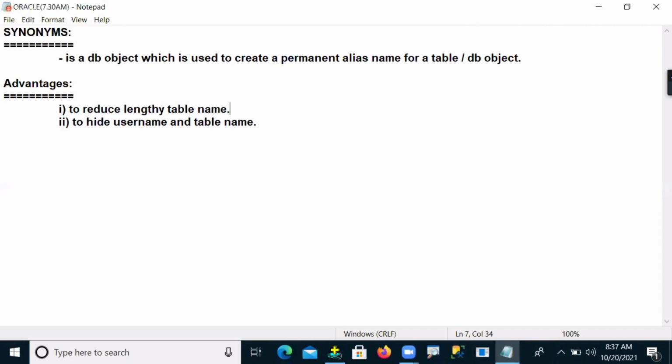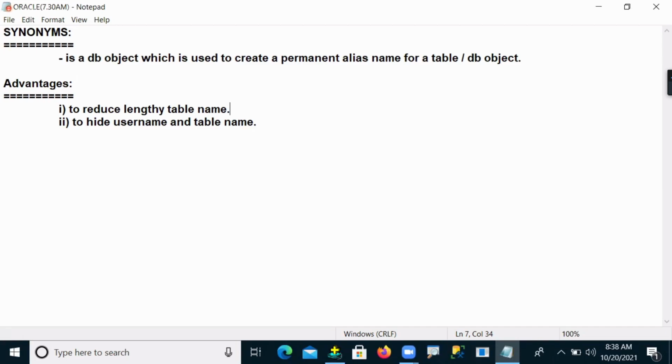If I want to use those very big, lengthy names again and again in my queries and operations, it is somewhat complicated and tough for users and developers in their work, because I have to remember that much lengthy a name and write it in my queries every time I do some operation on the table.